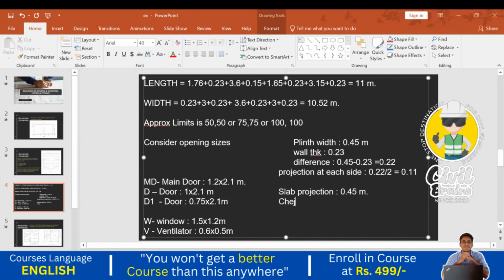You can go with the higher side also. Minimum you should use 0.45 meter, not less than this. If there is any object, or some shortage of area, in that case we can go for a lower one, but this is the minimum which we need to provide, 0.45 meter. Next one is Chhajja projection,